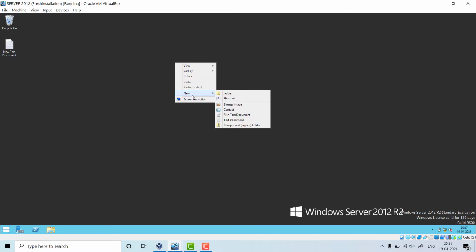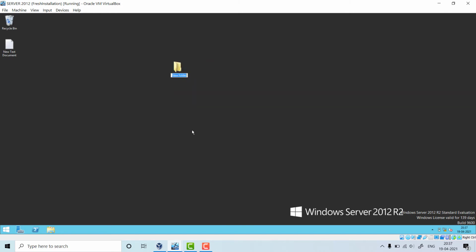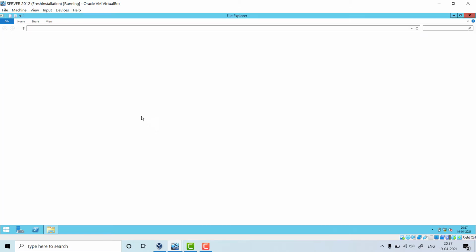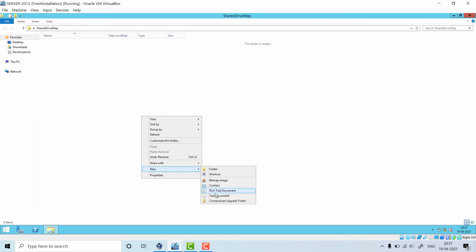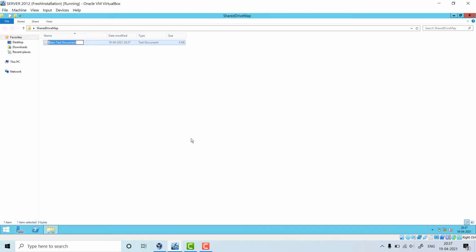First of all, let me create one folder named shared drive map. Let me give the name as shared drive and map. And let me place one file here, demo.